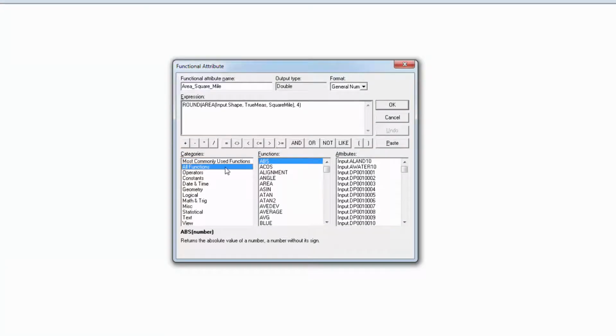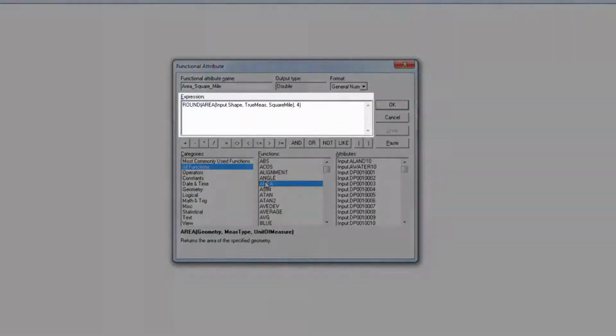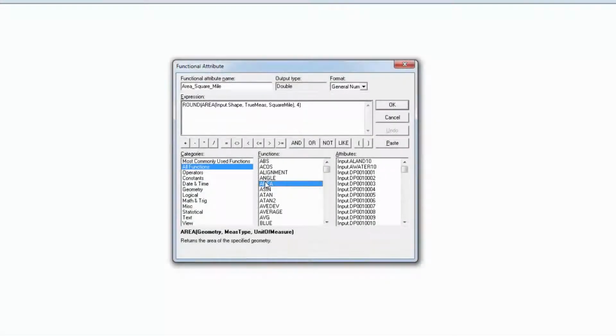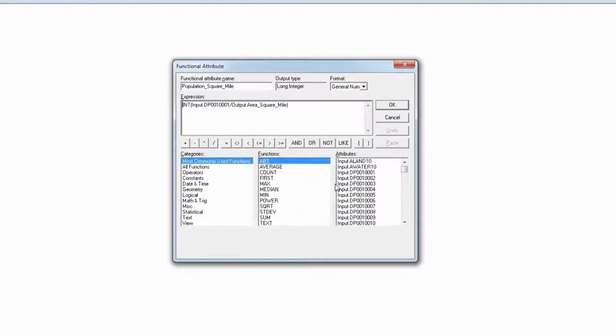Select all functions in the categories list view and then select area in the functions list view to review the syntax required for the area function. This functional attribute is also using the round function to round the results down to 4 digits. Click Cancel to dismiss the functional attribute dialog. Next, select Population Square Mile and click Properties to see that it is calculating the population per square mile by dividing the total population